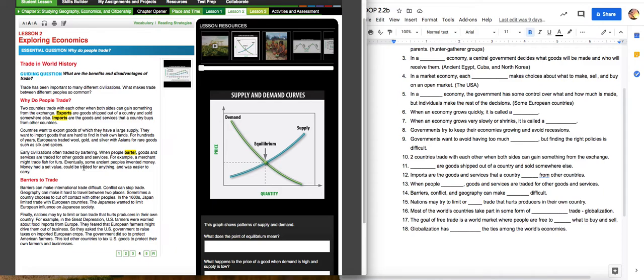But why did it start out with bartering? Because we didn't invent money that we all agreed upon. And so it was just a simple, hey, you have something I want, I have something you want, and away we go. That's not ideal. It doesn't happen too much today, but it can still happen.